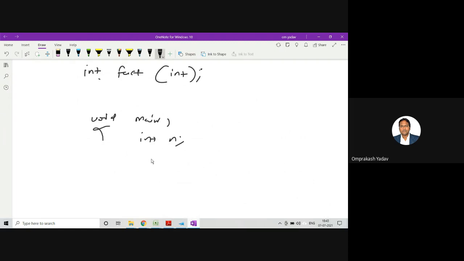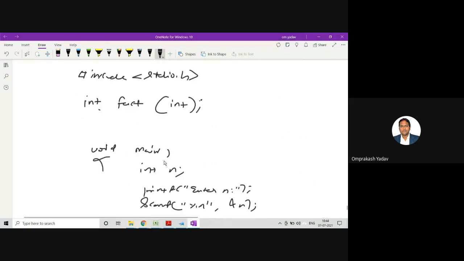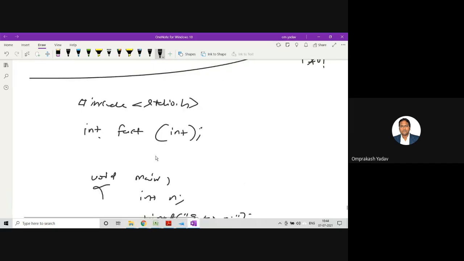Okay, and what we will say: printf enter n, scanf, ampersand n, and then my function name is fact. So I'll make it, let's say, factorial.